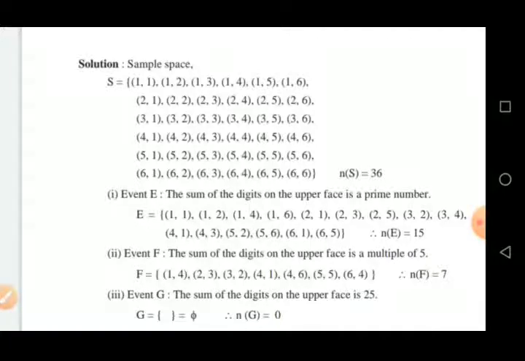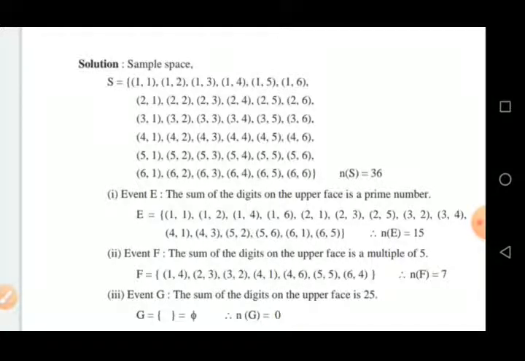The sum of all these results is a prime number. That means sum of the digits on the upper face is a prime number. Therefore, number of E is equal to 15.